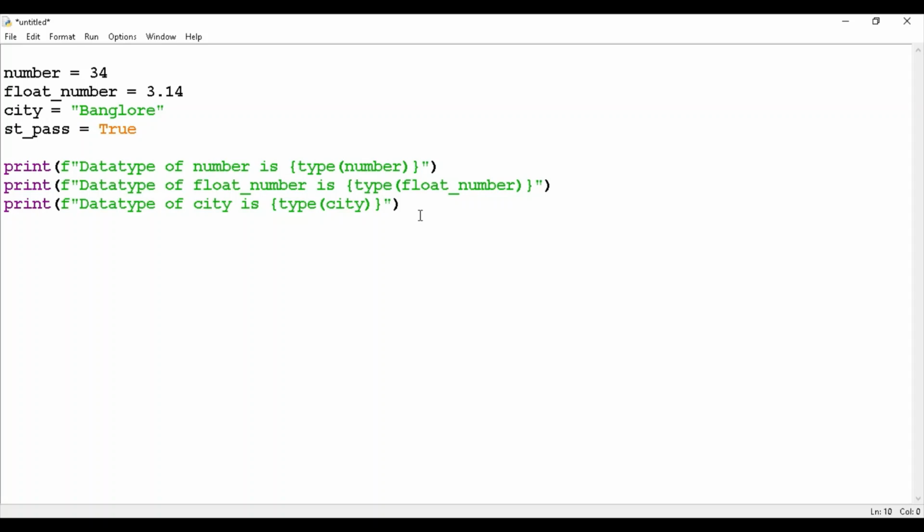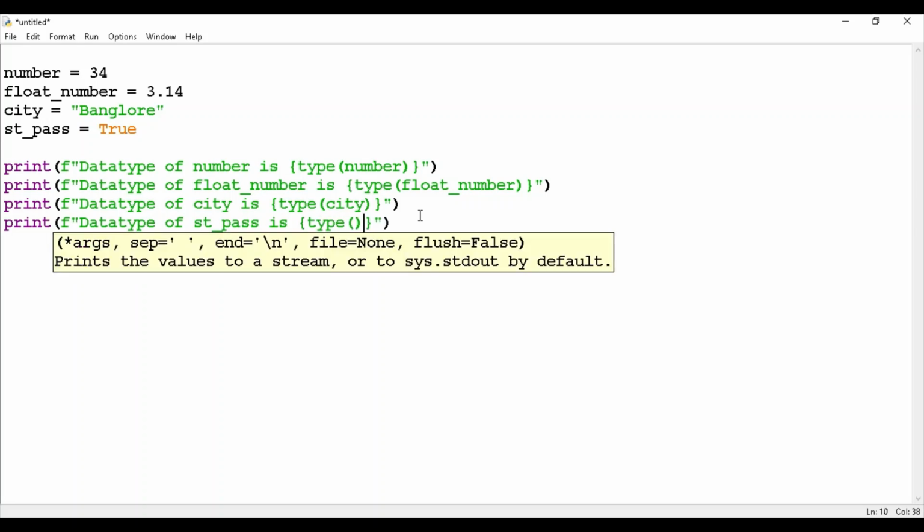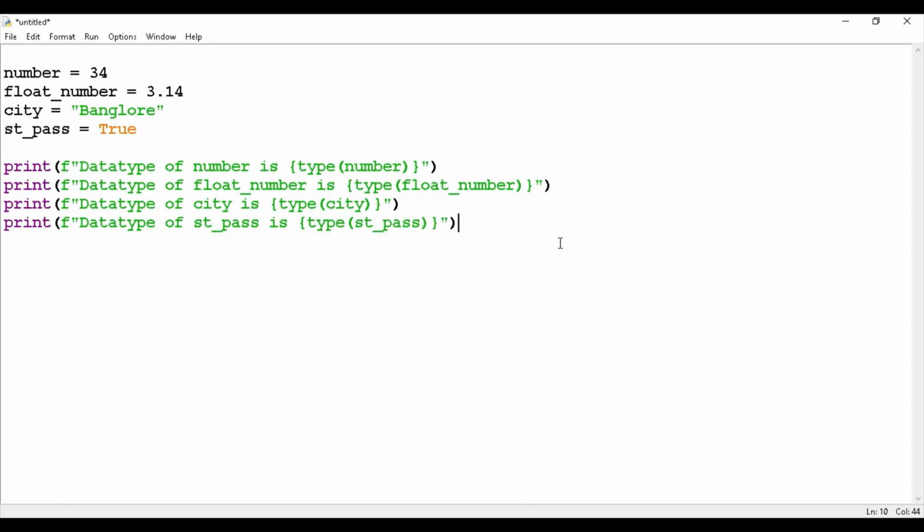Then next last is st pass. Data type of st pass is type st pass. And now we will see the output.